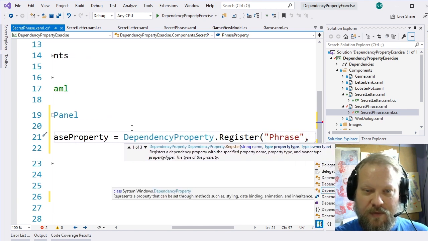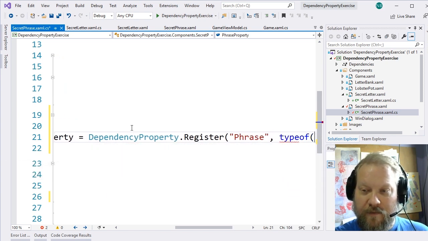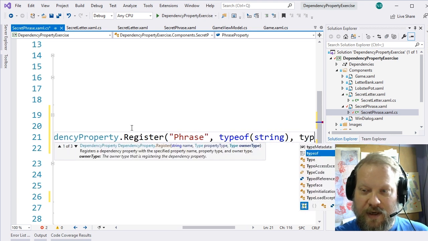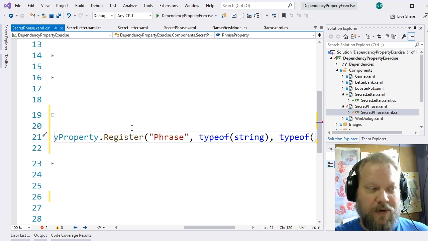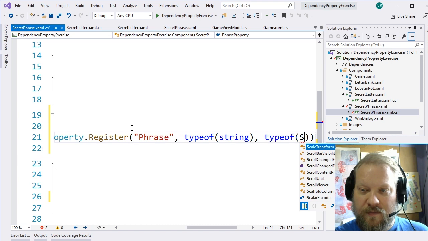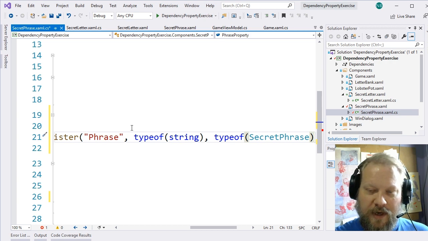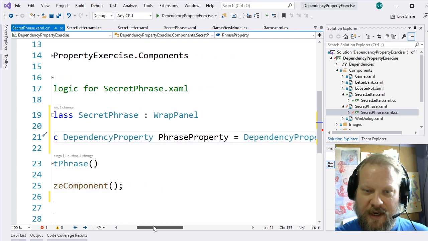And we have to register the type of what we're storing, in this case a string, and the type of the control this dependency property belongs to, which in this case is the secret phrase. Okay, and that's where we stopped last time,